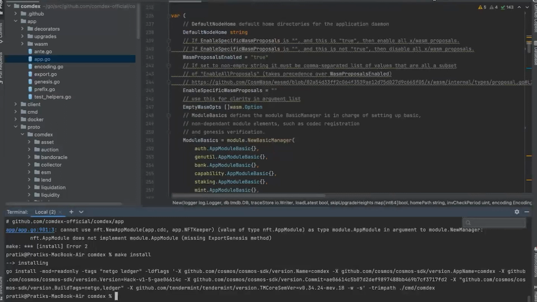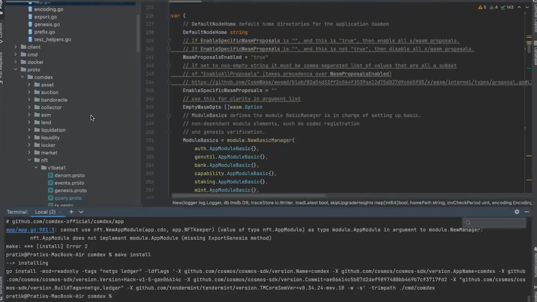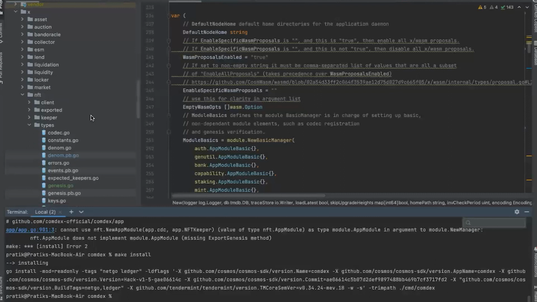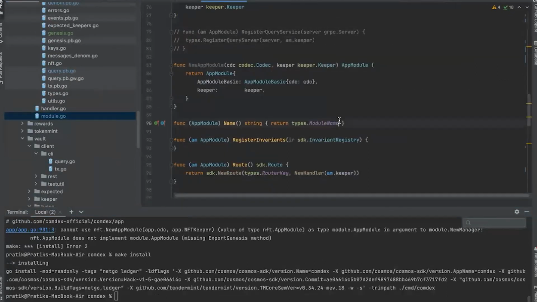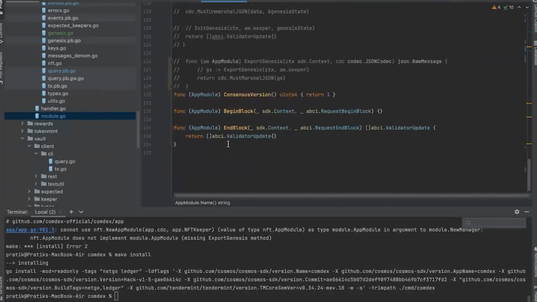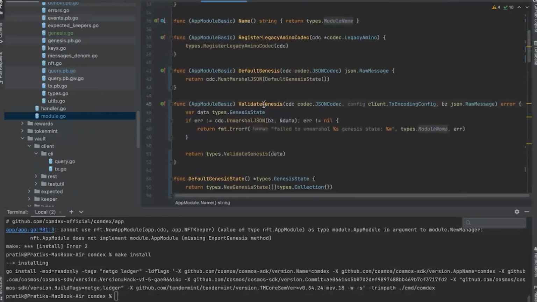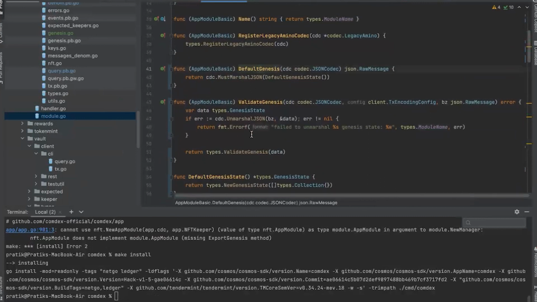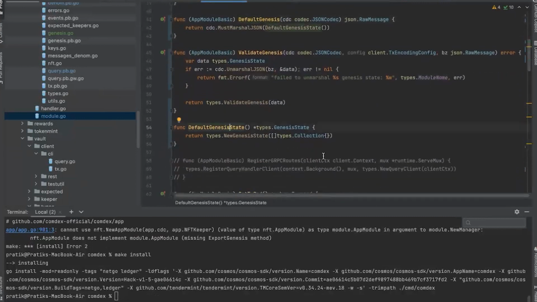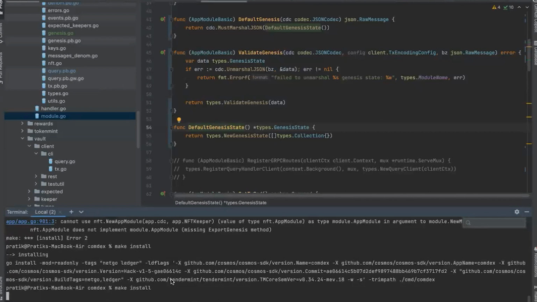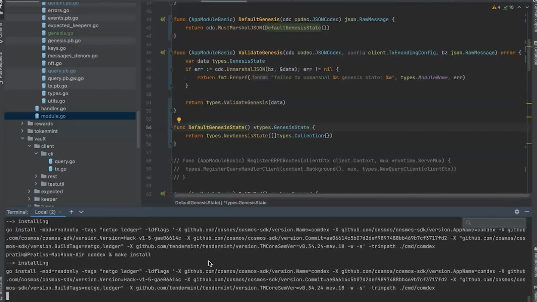So for that, I've just uncommented some more commented code over here in module.go. So we have just uncommented that particular thing over here. Here it is, ValidateGenesis and DefaultGenesis state. And when we did our make install and we moved our binary,